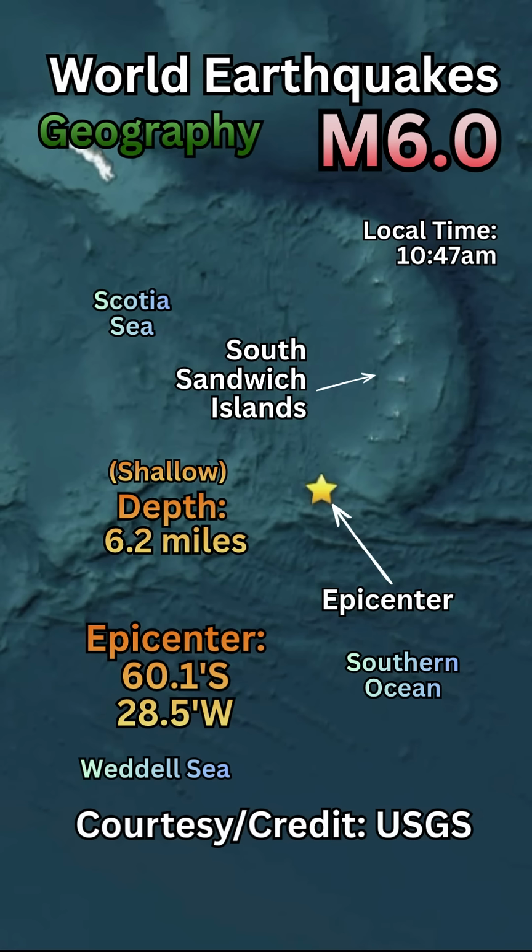Now, tectonically, this earthquake was a result of the subduction of the South American plate underneath this tiny microplate called the South Sandwich microplate along the South Sandwich Trench to the east. Now we have the South Sandwich Islands, which are a volcanic island arc, a classic consequence of an ocean-to-ocean convergent plate boundary. And then to the west, we have the Scotia Minor Plate, which in itself is in between the South American plate to the north and the Antarctic plate to the south.